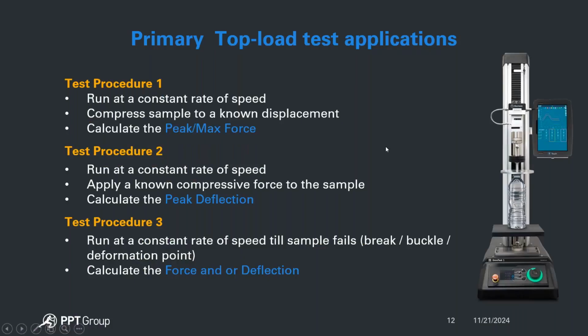So there are 3 main top load testing applications. The first procedure, which is the most common, is when in a tester you run at a constant rate of speed, compress the sample to a known displacement, usually 1/4 of an inch or 6 millimeters, and then calculate what your top load is. In this case, it's going to be the peak or the maximum force. All containers are subjected to the exact same test. That way, if you grabbed a handful of containers off the production floor, put them in and ran them to the same testing parameters, if they're failing at your 1/4 inch or 6 millimeter displacement, then hey, it's too much,